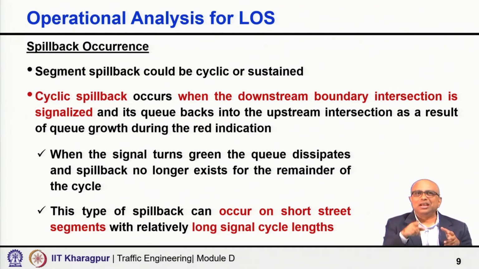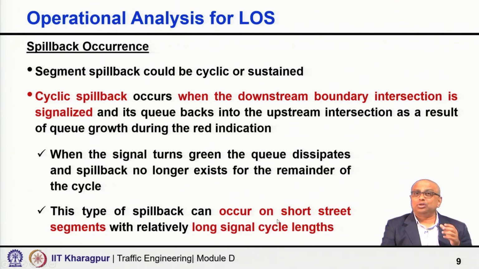Because when the signal turns green, the queue dissipates and eventually spillback no longer exists for the remainder of the cycle. So, the signal turns green, vehicles are discharged and therefore this spillback no longer exists in the whole cycle. So, during this green time all vehicles are actually cleared in the sense that there is no spillback. This type of spillback